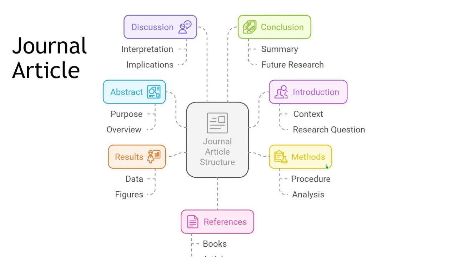Basically the article structure. At first, we'll get the abstract, where the purpose, overview, and other things will be summarized. Generally, the abstract size is 250 words. Then the introduction section comes. Here, the background information, context, research question, and some other things get included. Then the literature review and research gap are also sometimes covered in this section, or the literature review can be written